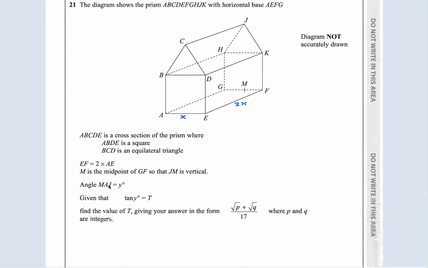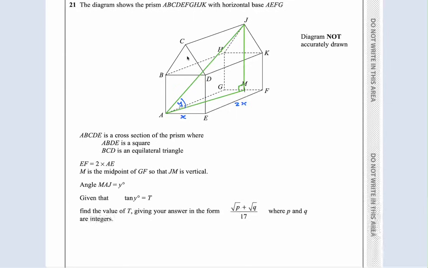Angle MAJ is y degrees. Let's try and draw that, guys. So this is MAJ. So this angle here, and I might as well complete this triangle, because that's a right angle there. And this angle here is y. Let's call this angle y. Given that tan of y is t, find the value of t, giving your answer in this form,